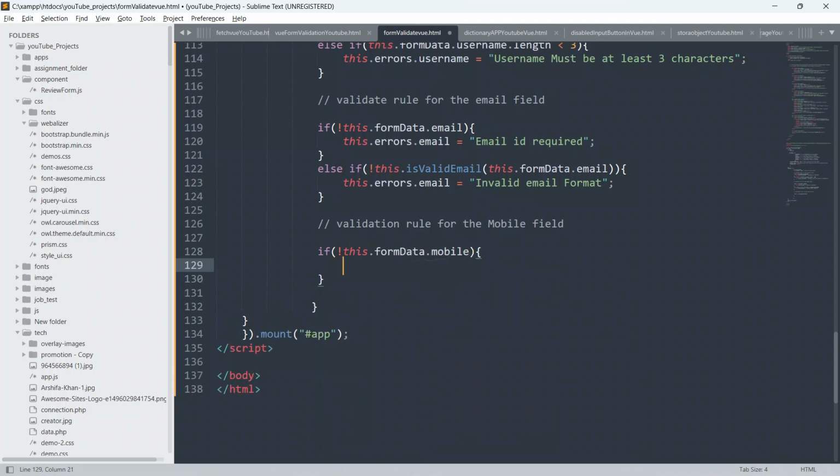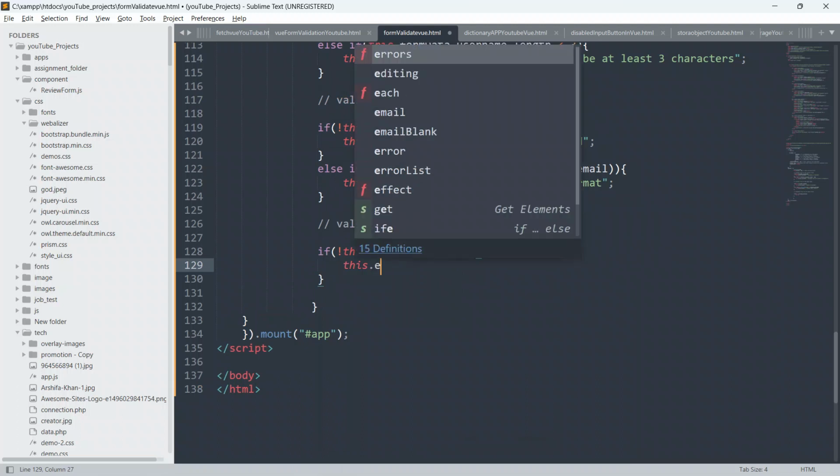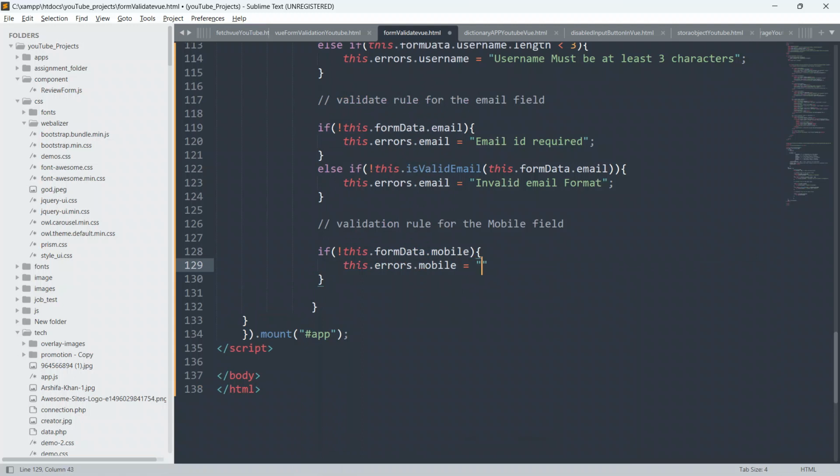Then we will open curly braces, and then we will say this.errors.mobile equal to "Mobile is required."